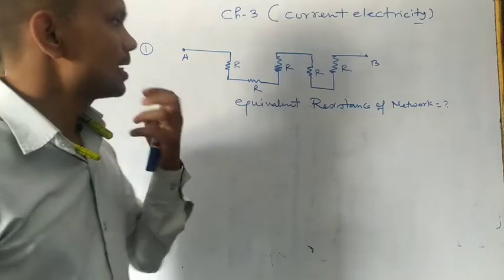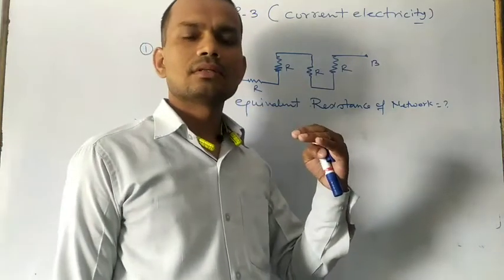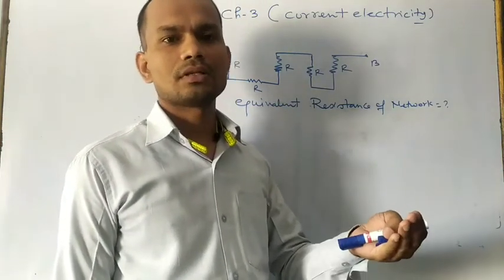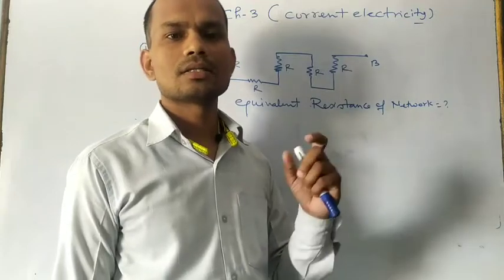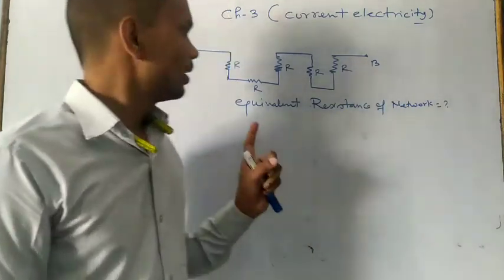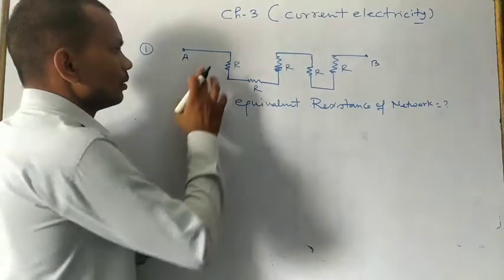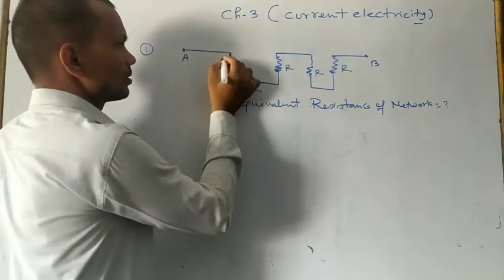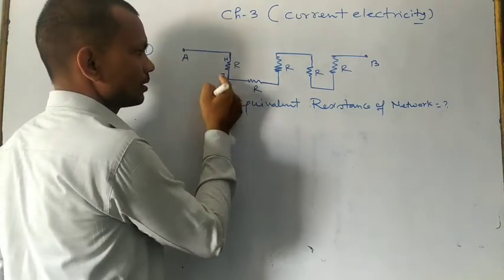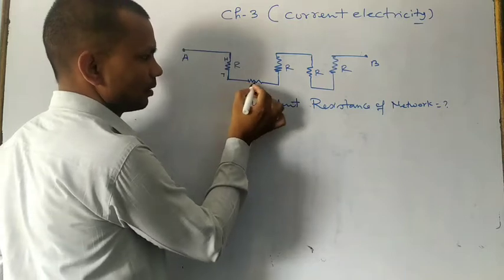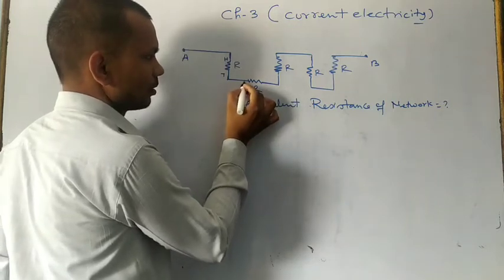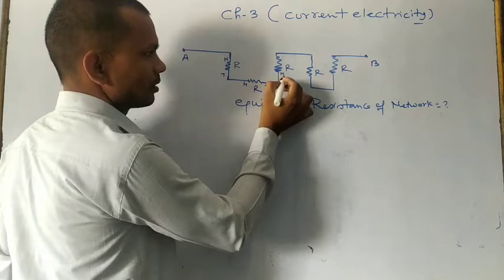So here you have to see, in the case of the series arrangement, this is head to tail arrangement, and in the case of the parallel, all the resistances are connected only between the end points. Here, from here, suppose this is the head, and then definitely this is the tail. So this is the head of this resistance, and then this is the tail, this is the head, like that.